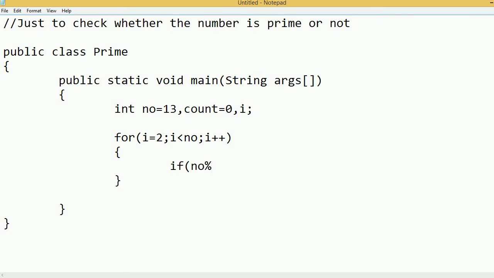If it is 0, then i is a factor of that number. For example, I am dividing with 2. If it is not giving 0, then it is not a factor of the number. If it is 0, then the count value will be incremented. That means the factor we have found.